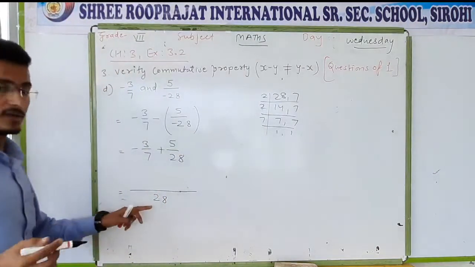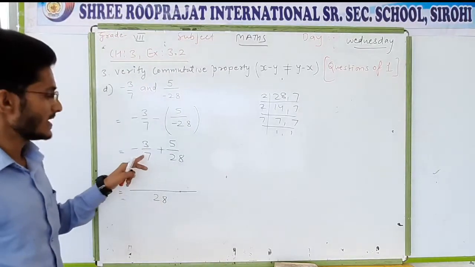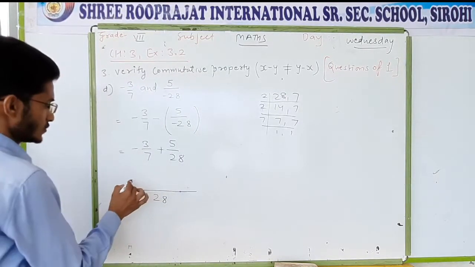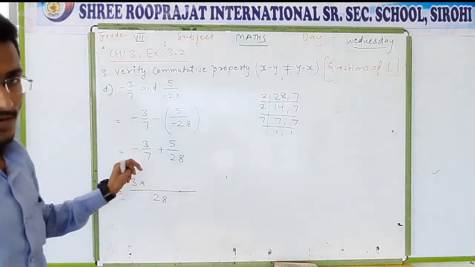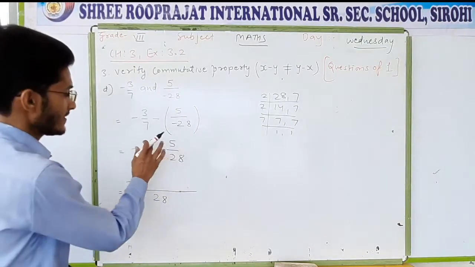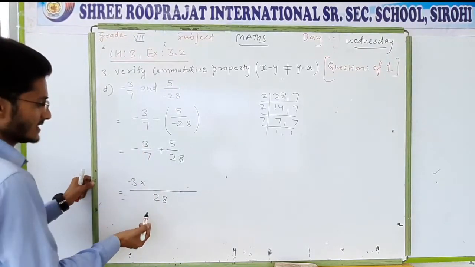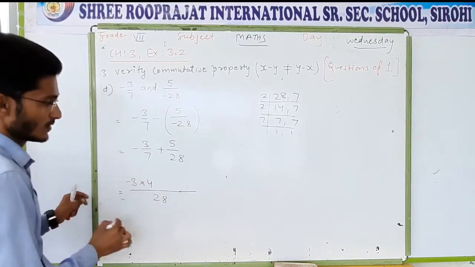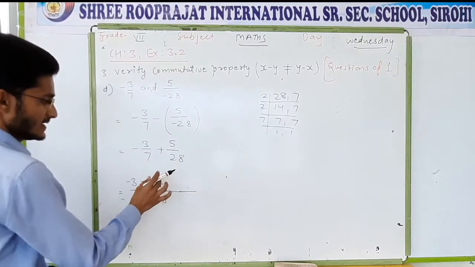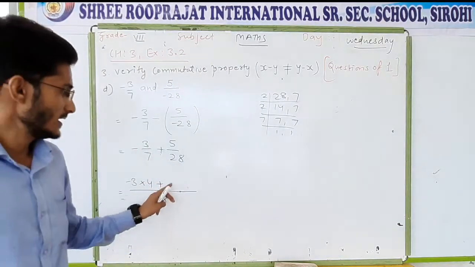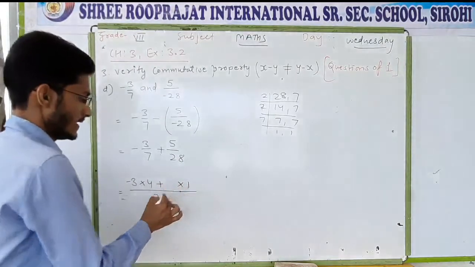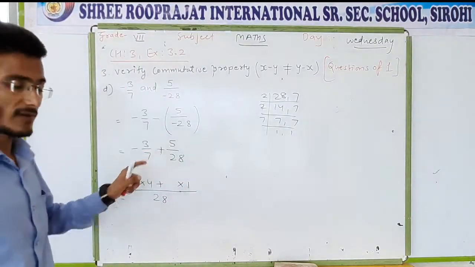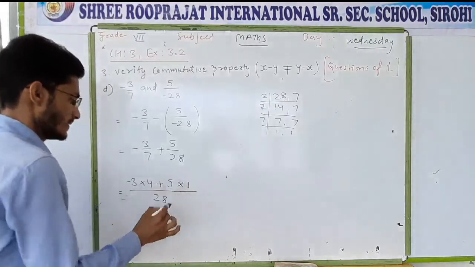Okay. Now you have to divide the LCM by the denominator. If you divide 28 by 7, you will get 4, and that 4 multiplies with the numerator, that is given minus 3. So here will be a 4. Sign of addition as it is. Now 28 divided by 28 is 1 time, and that 1 will be multiplied with the numerator 5. Okay, that was a 5.